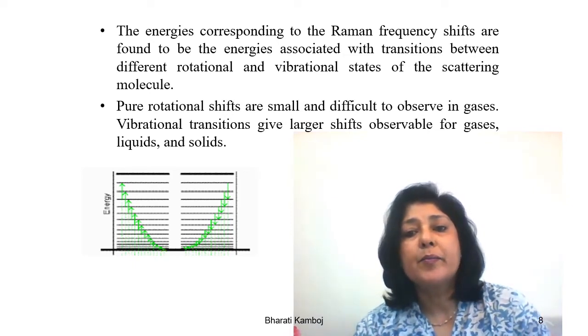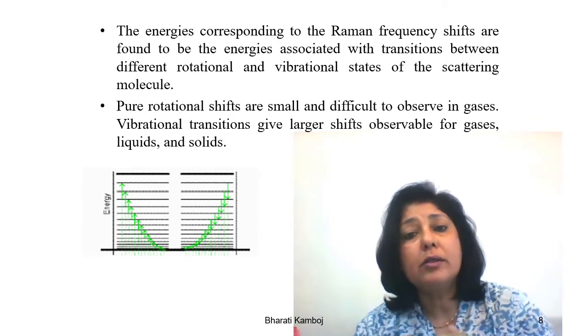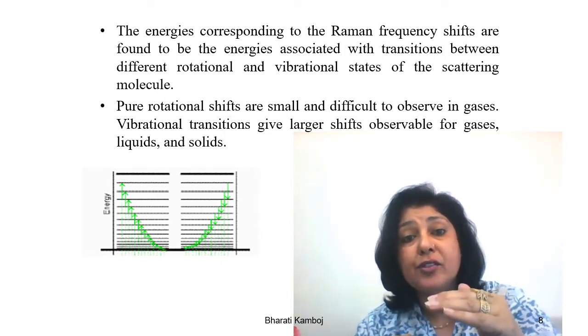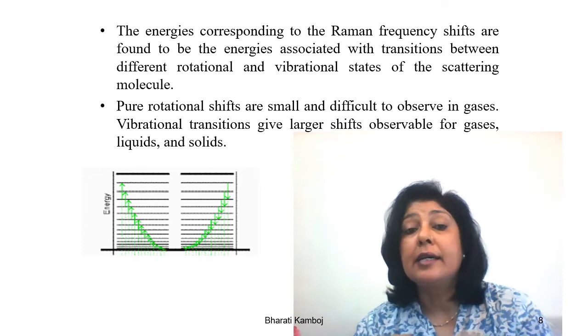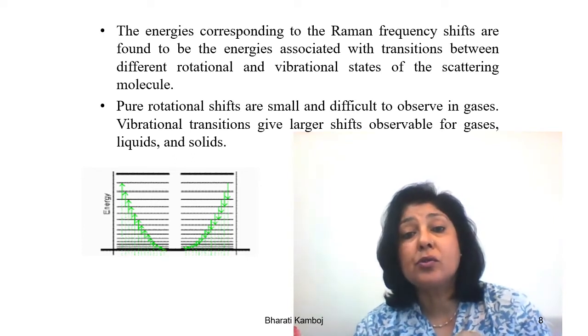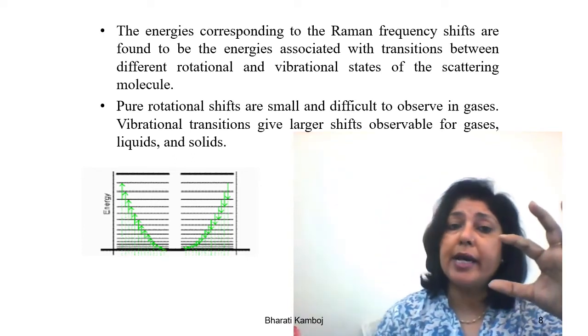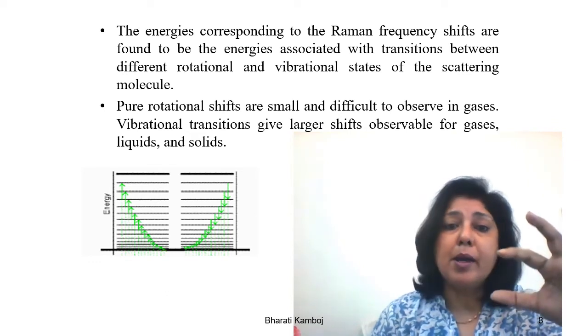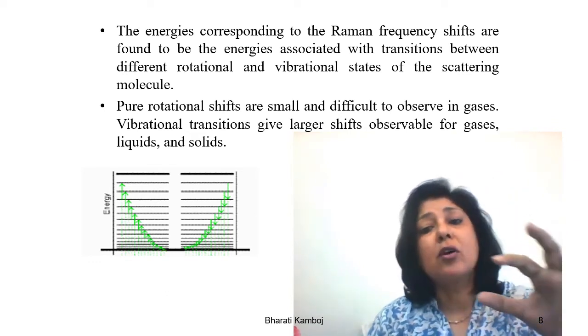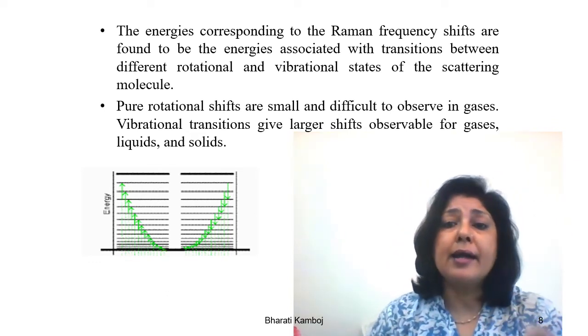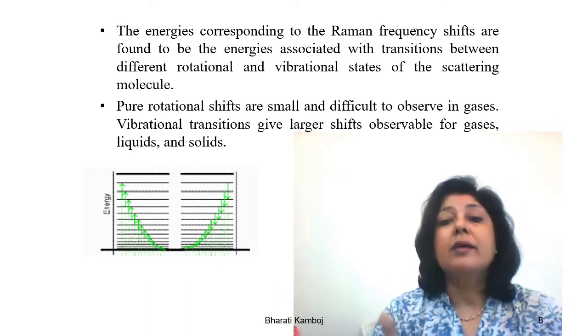So when a molecule transitions from one energy state to another energy state, the change in energy corresponds to the energy difference between any two energy levels, maybe rotational energy levels or vibrational energy levels,